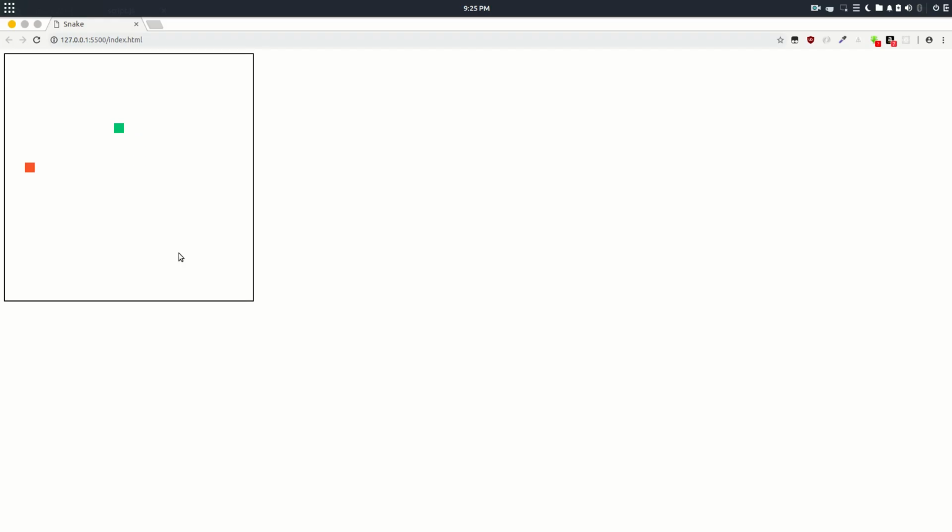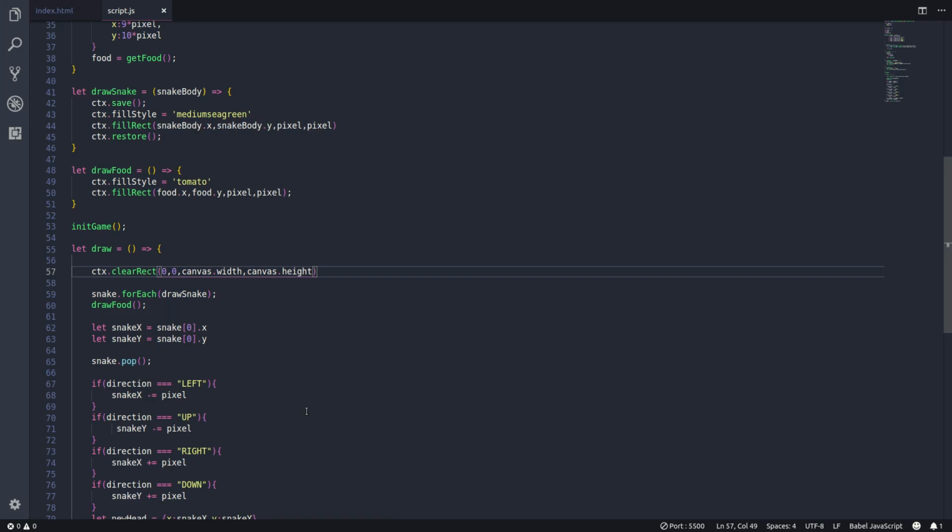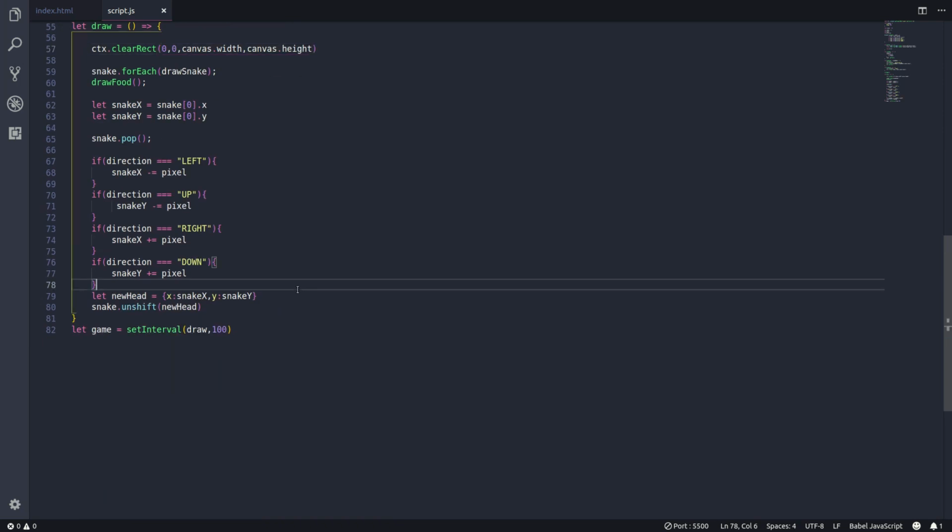Yeah, now it should work. Yeah, our snake is moving. Now we need to add this to eat our food. So what you have to do, yeah, here